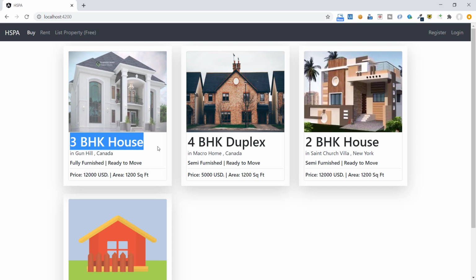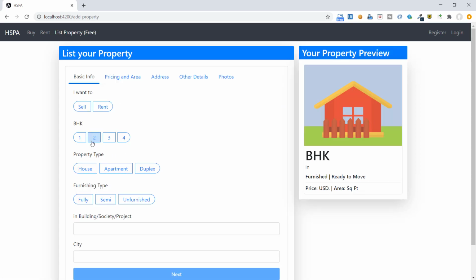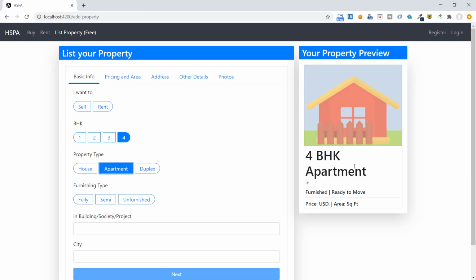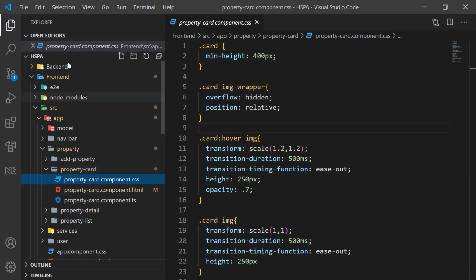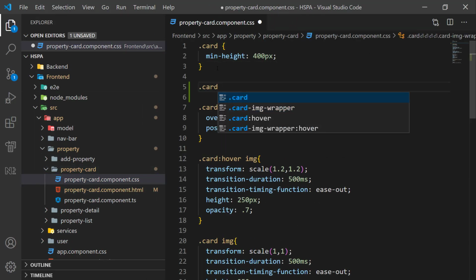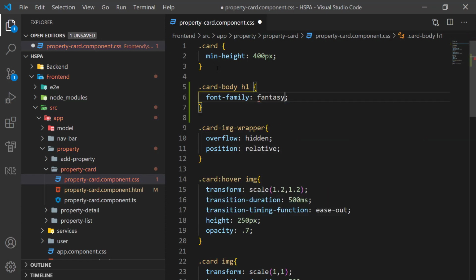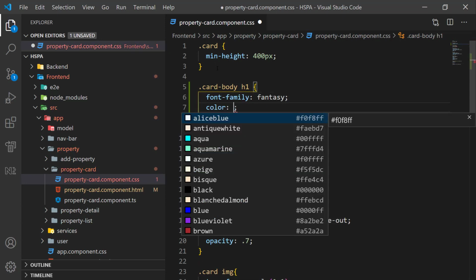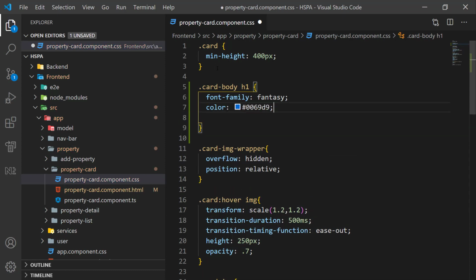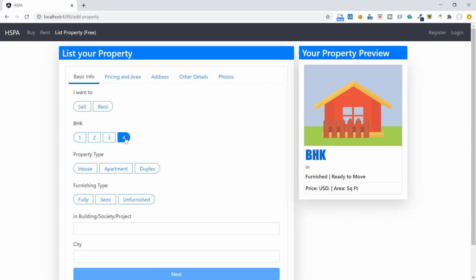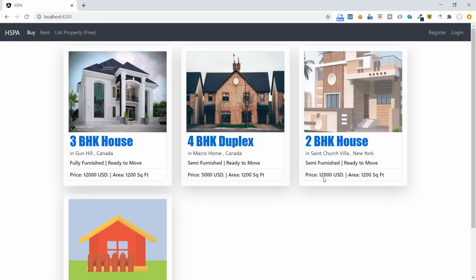with our theme. It will also fix this problem of word wrapping when we select apartment in property type. Go to the CSS file of property card component and add a style to change the font of H1 that is contained under card body class, and set the color blue to match with our theme. Save it, and if we now select apartment, it doesn't wrap on next line, and also it is looking a little